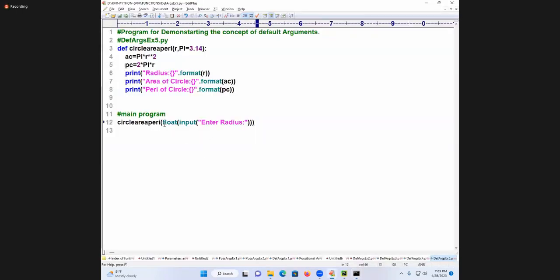I am reading the data directly inside the function call. Comfortable? Understanding this, pi is equal to. If I write it in the beginning, what will be the error? Non-default argument follows default argument is the wrong answer. Syntax error will come. Understand?